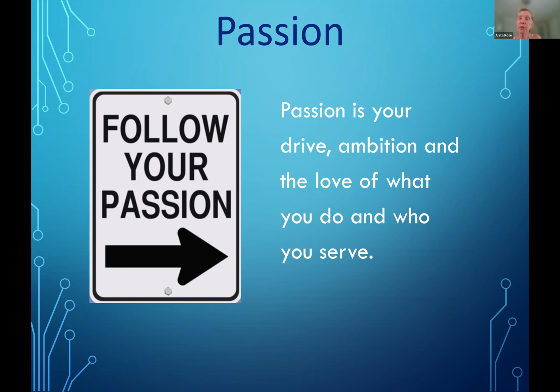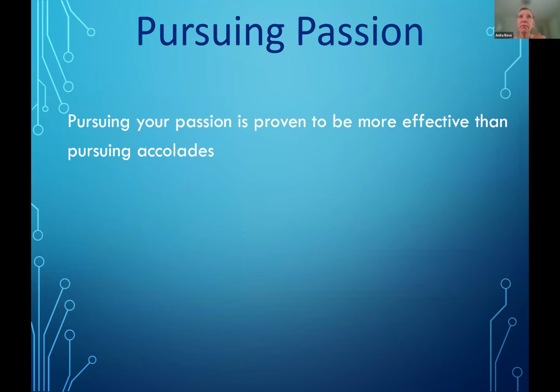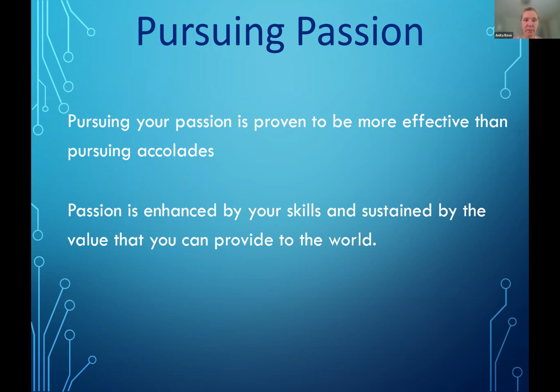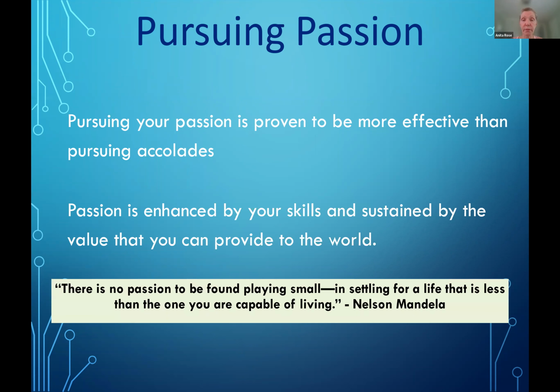But think back when you were a child, what excited you then? And perhaps you can tie into something. Or just be open and be receptive to things that you have going on in your life and something you can tie into to create passion. Okay, so it's certainly more effective than many other things. Certainly pursuing accolades, but just in itself, it's very healthy for you to have curiosity and passion. It really drives you forward, right?